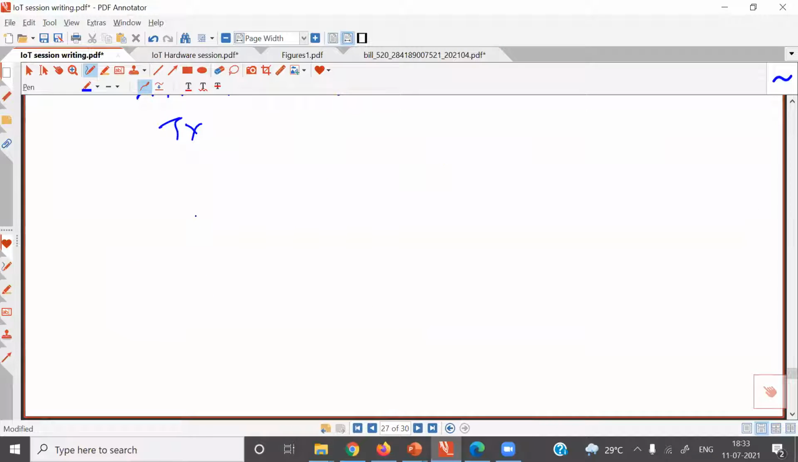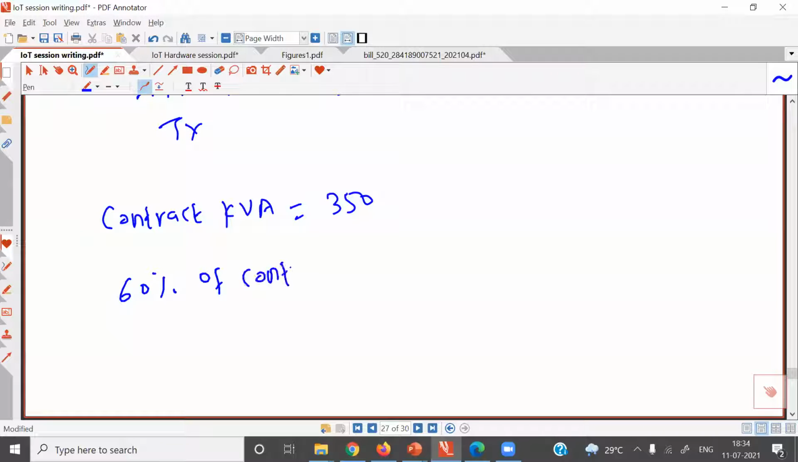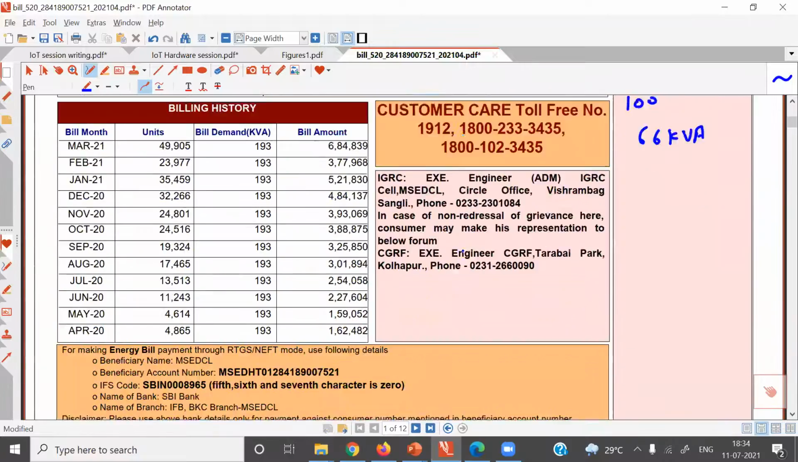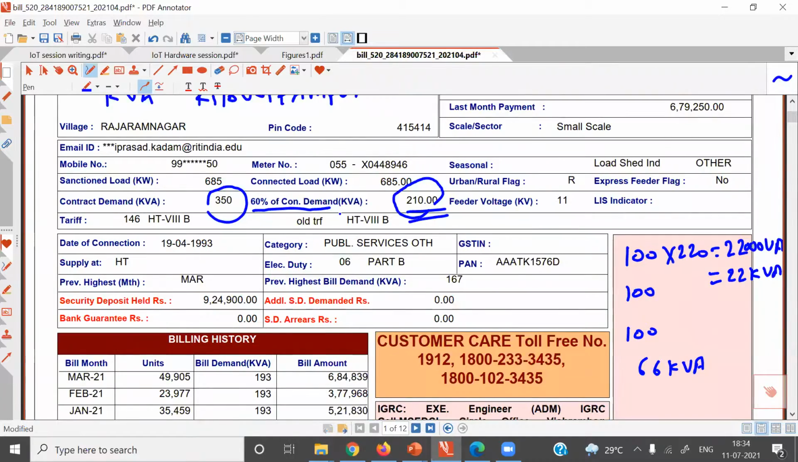Let us understand this project in detail. Our contract kVA demand is 350, and 60% of the contract kVA is 210. Now suppose kVA utilization is below 210 kVA, that is, when kVA utilization is below 60% of contract demand,